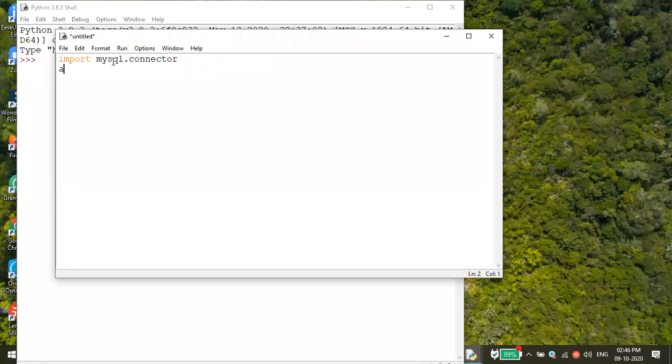I'm just giving a for our case. We can give a, or else myconnect, or whatever name. Just I'm giving a connect, or else myconnect, or likewise mycon. It's a connector object, whatever name we can give. Okay, then equal to